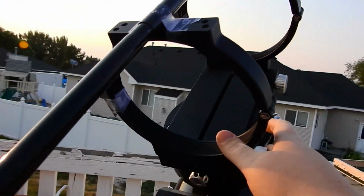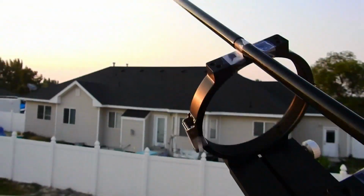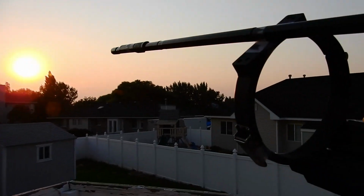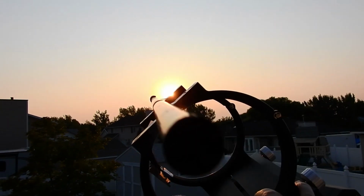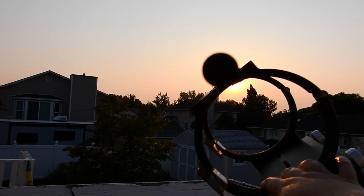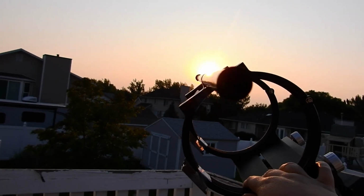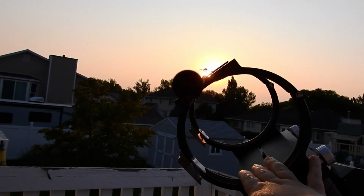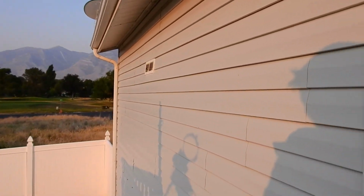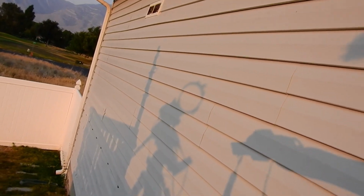Now if I turn the declination axis to point over at the sun, I'm going to have to slightly adjust the right ascension axis to get lined up because I don't have the tracking running. There we are. Now the stick is pointed basically right at the sun. If I turn back around with the shadow, you won't see the pointer at all, meaning that we are lined